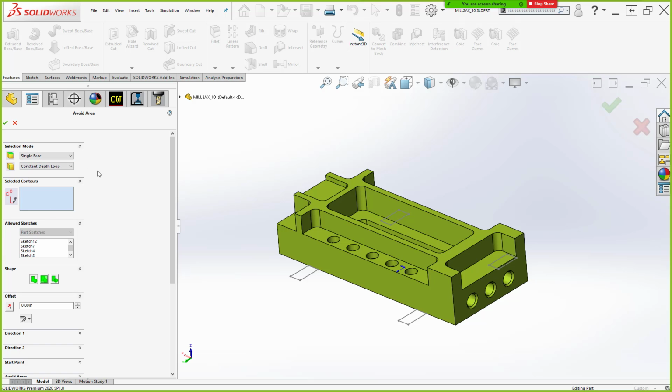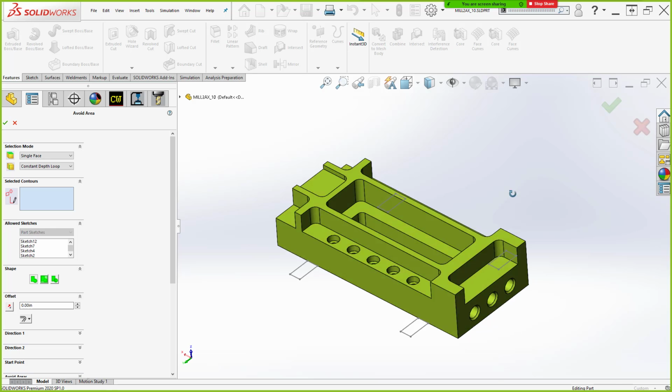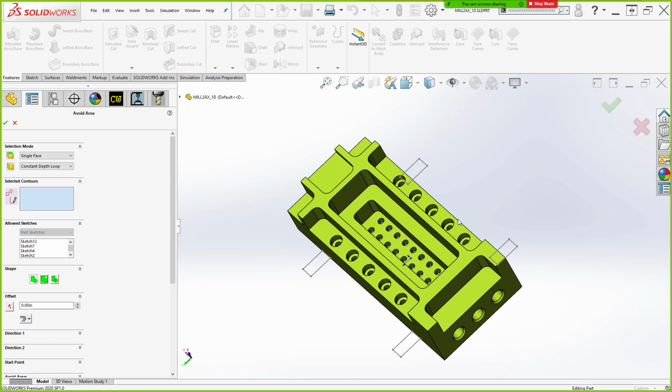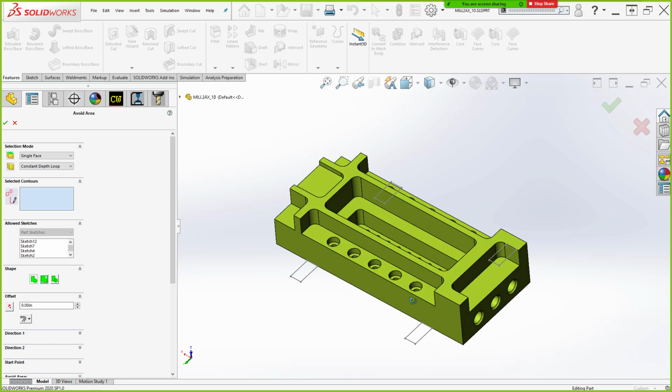So very similar kind of identifying method or definition method to creating a feature or doing other tasks within CAMWorks. We can basically select from our sketches or existing faces and loops and things like that. As I look at my part sketches here, I actually don't see the sketch I created. I believe it's sketch number 13 in my SolidWorks tree that I created all 4 of these closed contour